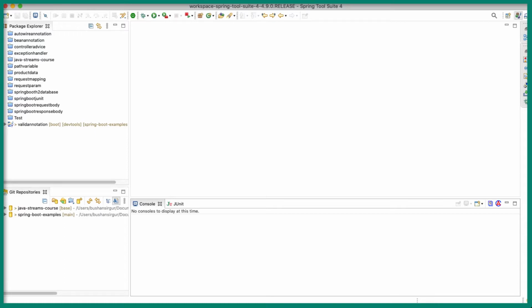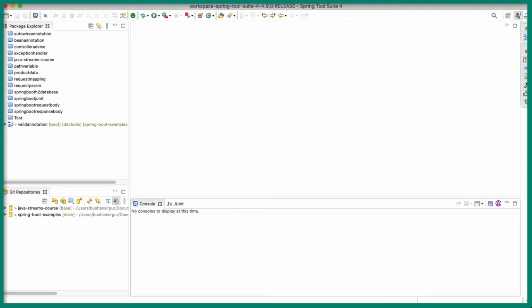So then what is the purpose of the @Valid annotation? Why do we use it in Spring? Basically, it checks if the data that we're passing to the controller method is valid or not. Let's say we are passing the customer object to the database, and while sending to the database we need to check a few fields inside the customer object. In order to validate the bean, in order to validate the fields, we are going to use the @Valid annotation. It will validate the data. If the data is valid, then it will not do anything. If the data is not valid, then it is going to throw an error.